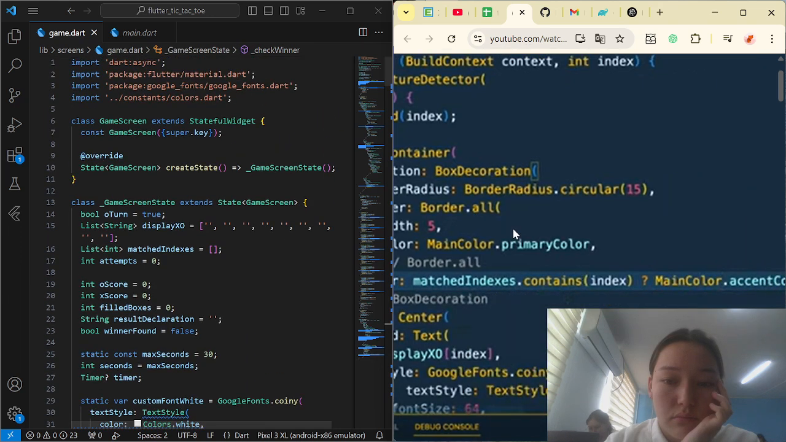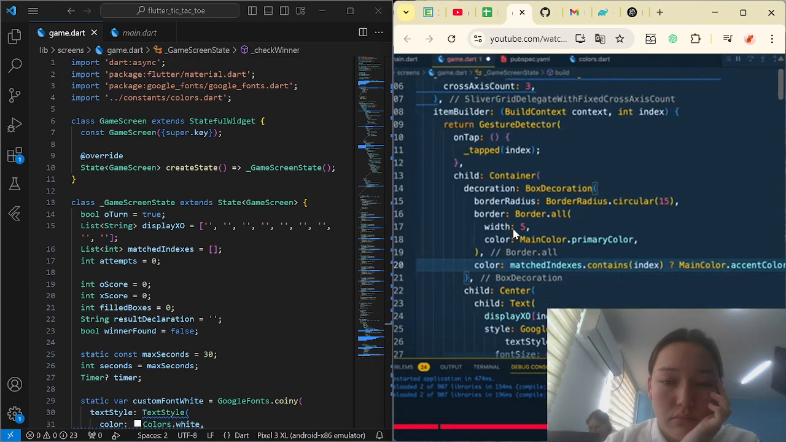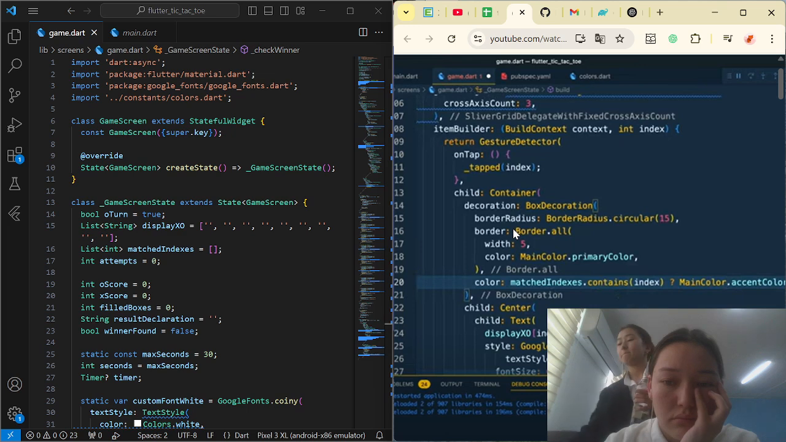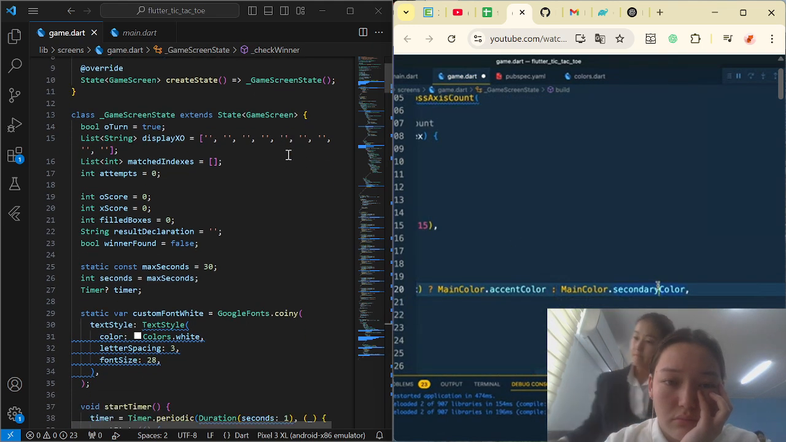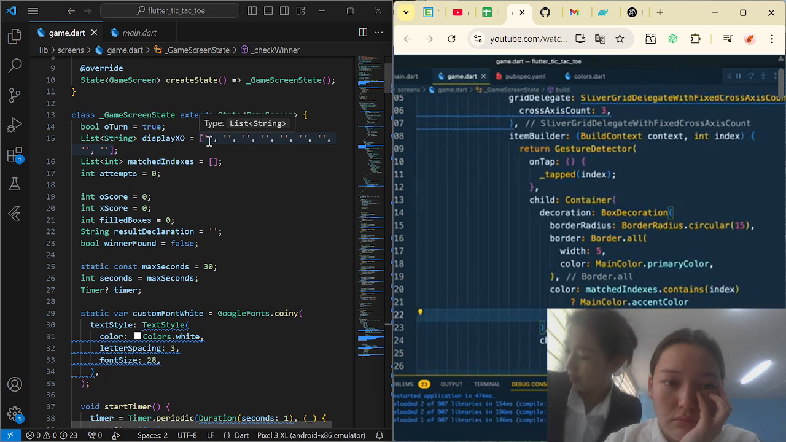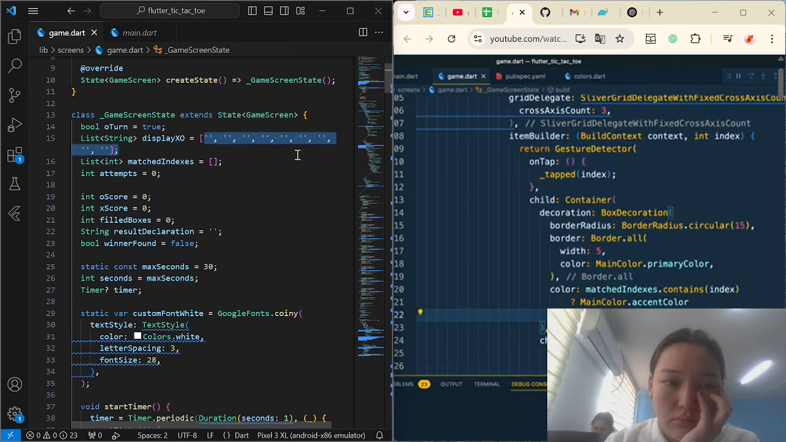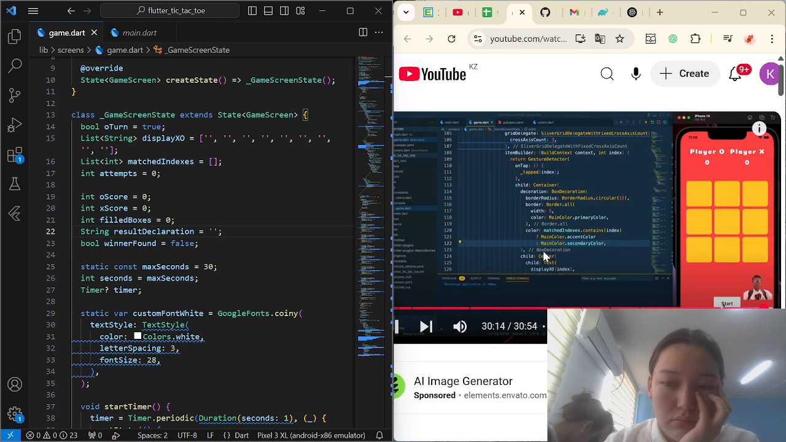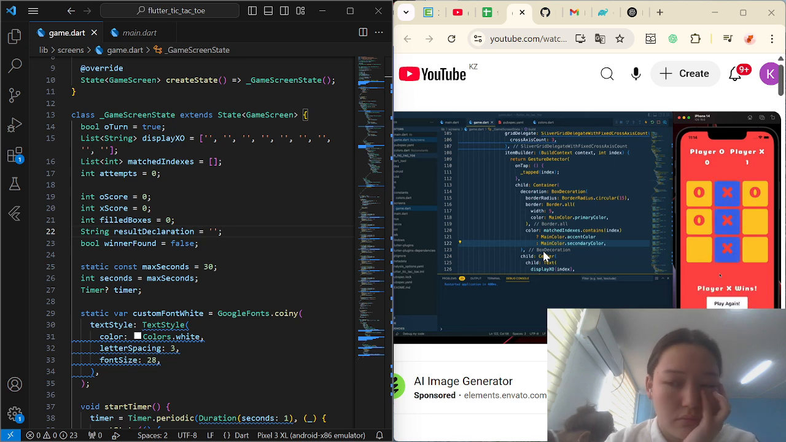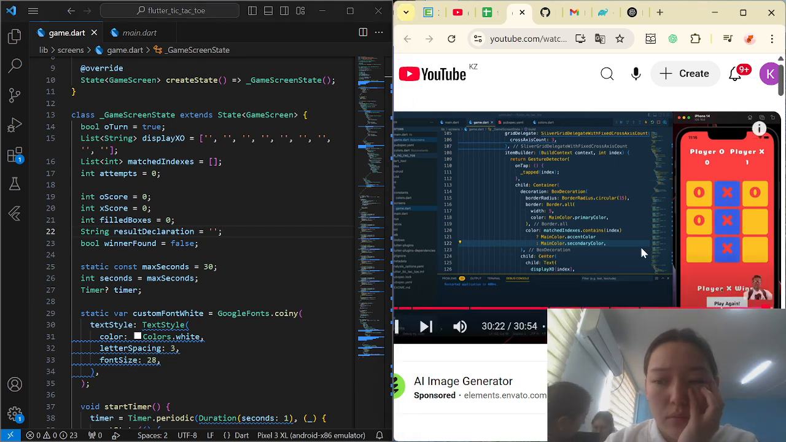That color will be the accent color, otherwise we will provide the normal color, which is the secondary color. Right, now save it. Now let's restart the app. So now let's play the game. We cannot click here. Now we need to click this button. Now start playing the game. Player X wins, and as soon as we found the winner,